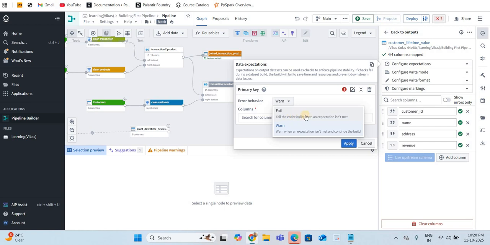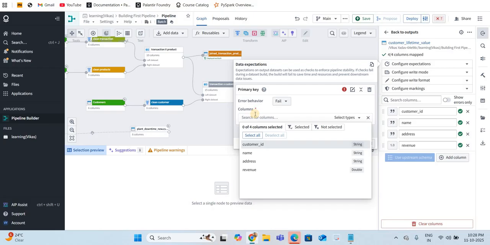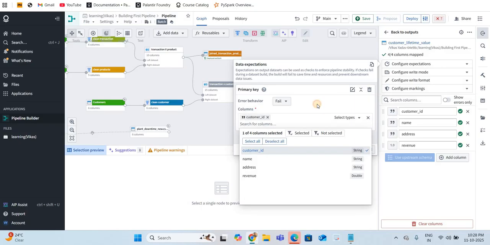So it will not allow the dataset to be built. And for the column, you need to select the column for which we are putting the data expectation, primary key on customer ID. This is what you can put.